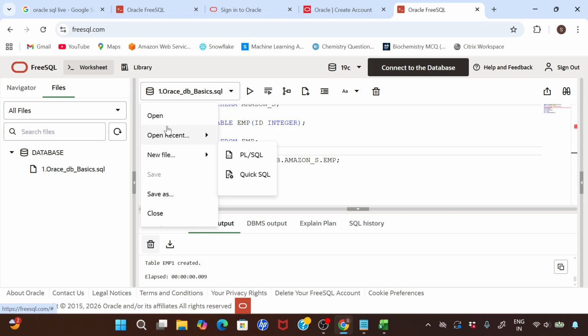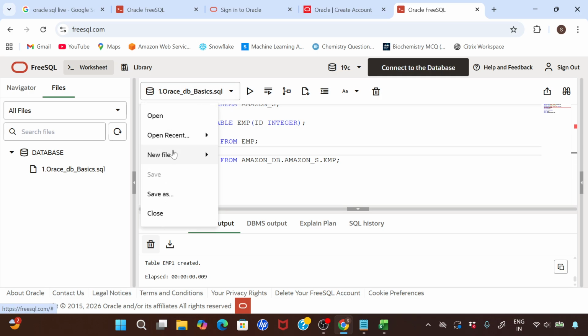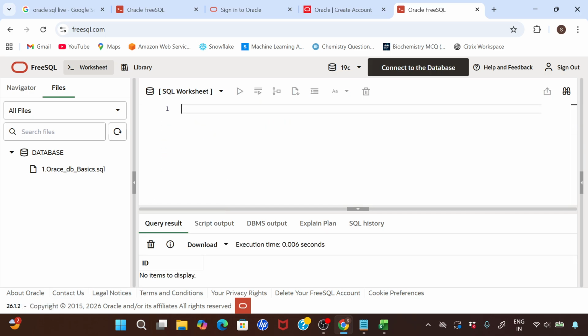another file here, right? Instead, I don't want to use the same file, so I'll create another file. Okay, I'll create another worksheet. Okay, all right. So yeah,